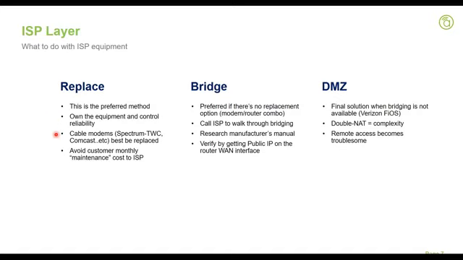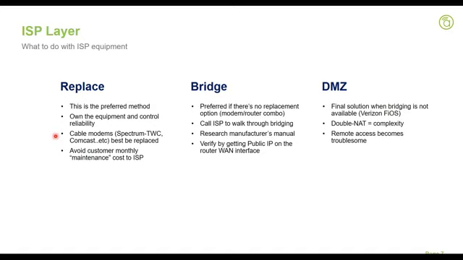What we saw is that for cable modems, for example, we are here in the North Carolina area, or even in the Midwest, with Spectrum, Time Warner, or Comcast, it's really preferred to swap those cable modems with something that you can buy off of Amazon. And the Arris Surfboard is a really good modem, very reliable. It needs rebooting every once in a while, but overall it's much better than what you get from the